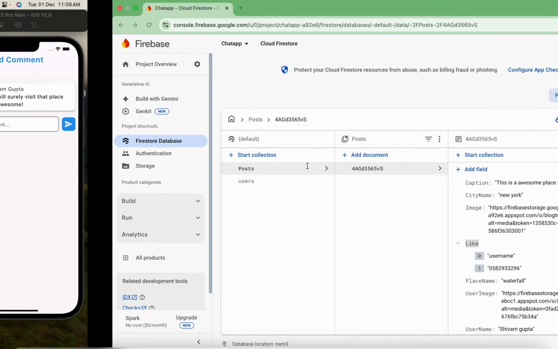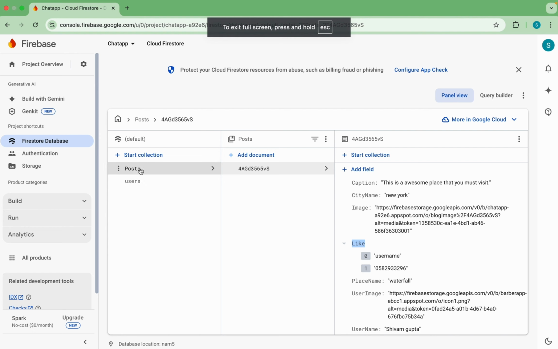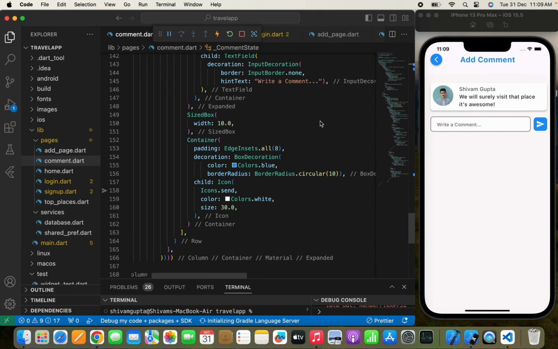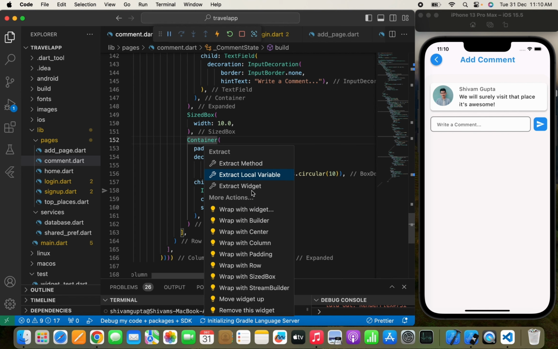So what I'm going to do, that here you can see the post collection, a specific document ID, and this is a field. Now here I'm going to create one more collection, which is a comment, and in this comment collection I'm going to simply show all the comments that different users have done, right? So for that I need to do one thing, like here I just need to wrap up with a gesture detector,